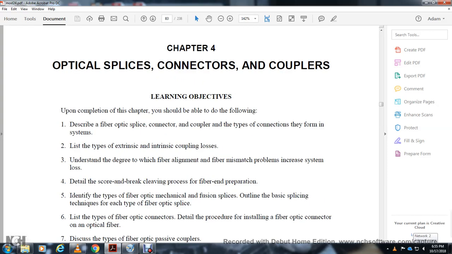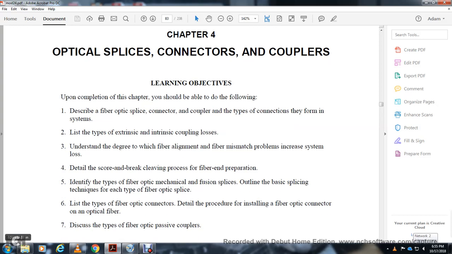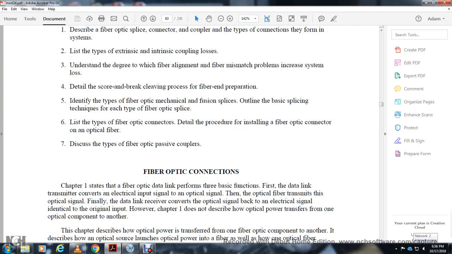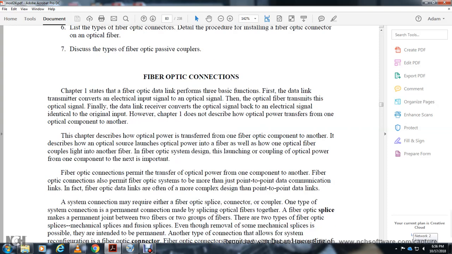Identify the fiber optic mechanical and fusion splice, outline the basic splicing technique for each type of fiber optic splice. List the fiber optic connector types and detail the procedure to install a fiber optic connector. Discuss the types of fiber optic couplers. Chapter 1 covered the fiber optic data link,